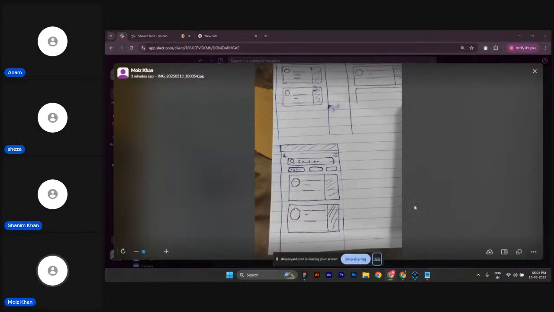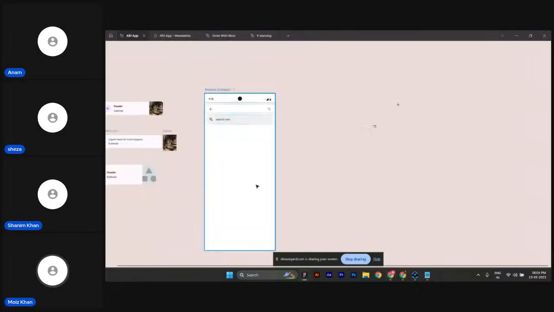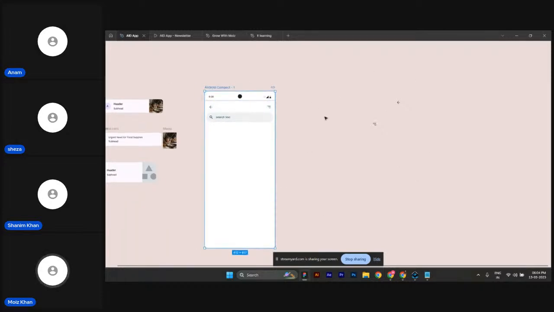And on the basis of that, I have started working on Figma as well. So here is a card. As it's not completed yet, we'll try to complete it today as soon as possible. Here the status bar, the menu button, and the search bar, and after that the filter, and all the cards